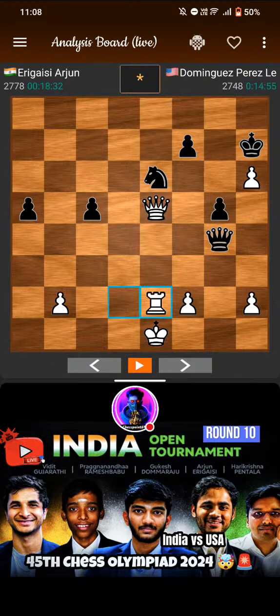Currently, Arjun's is the most important game here from India versus USA. If Arjun wins here, India leads 2-1, because in the previous games of this match, the first game of Sovisley and Prague was a loss for India, as Sovisley beat Praggnanandhaa, and that's why USA led at that time. But Gukesh is Gukesh, and Gukesh beats world number two, and now India has equal points with USA,